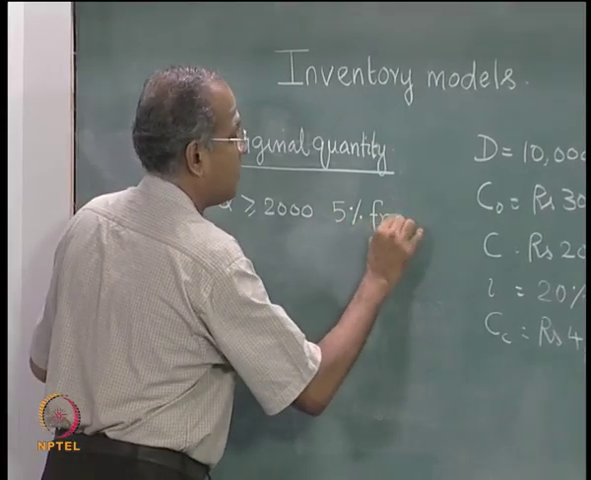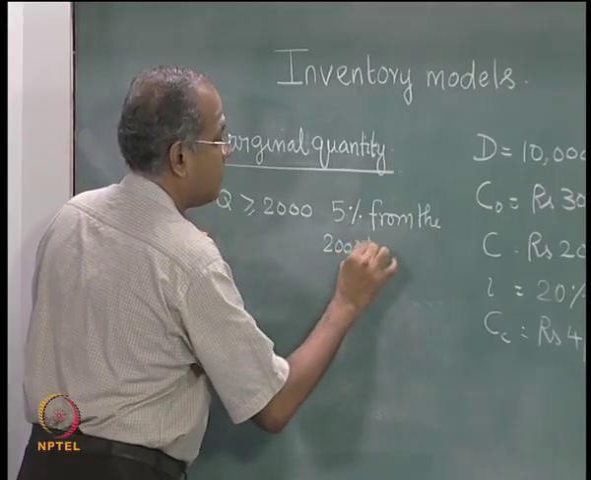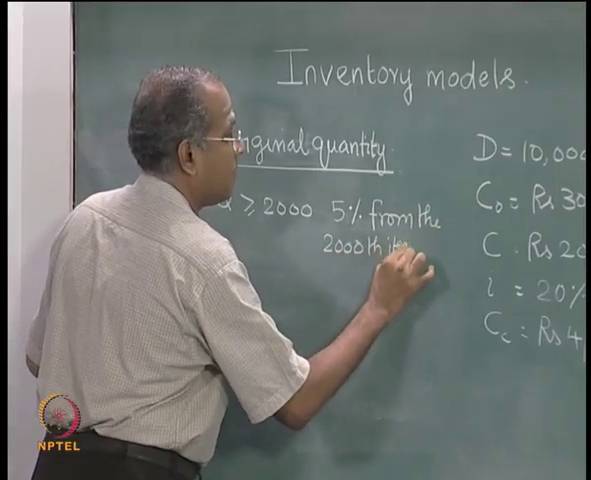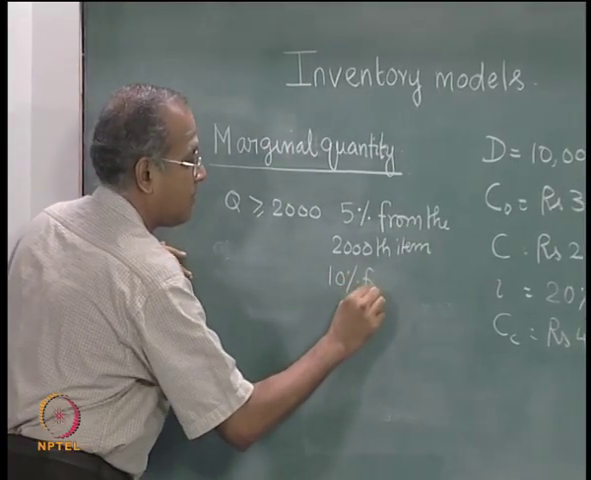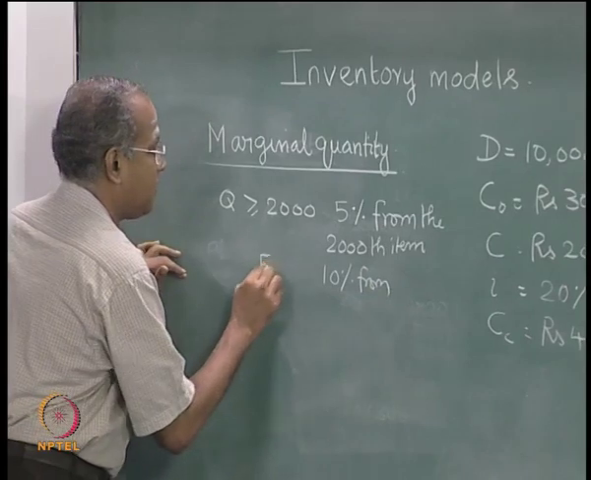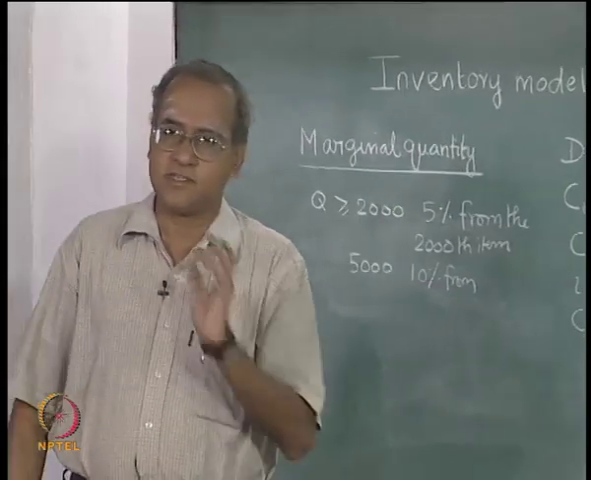from the 2000th item and say 10% from the 5000th item. What is the difference? The first difference is this: